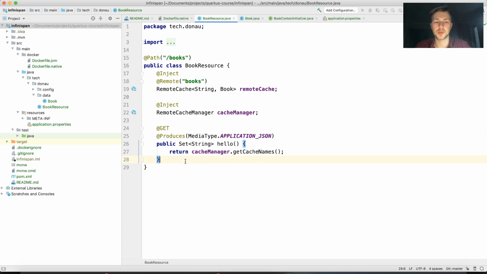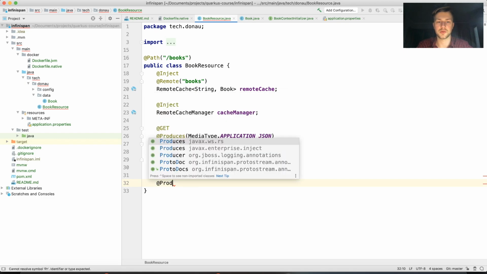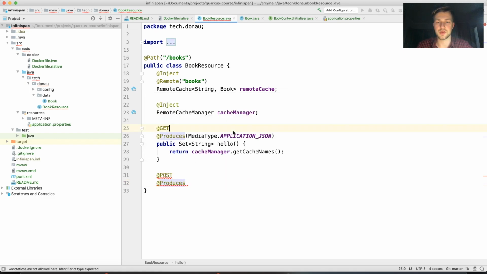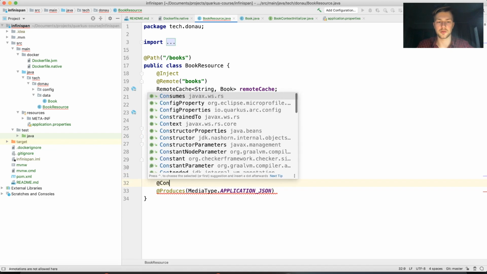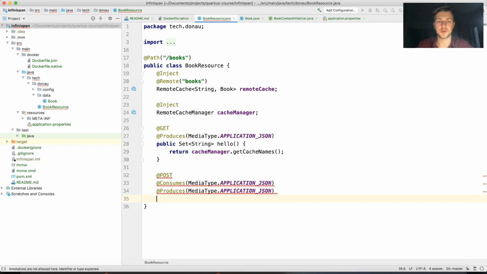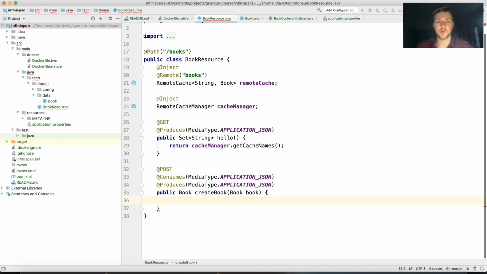So let's create a post method for now, which will consume application JSON and produce the same thing as well. So we have a book. Let's create a book, and the body will be a book as well. And then this service will just put the book into the cache. So for example,